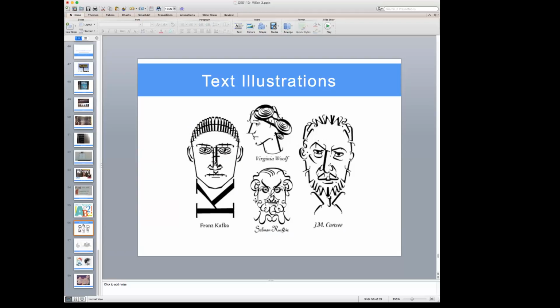Now you're going to be using the font that you chose to write about in your research paper from last week, and you're going to be using that same font. So for example, if you chose to write on Helvetica or Didot, you will want to take that font and create a portrait out of it. It can be a portrait of you. It can be anything you want. It just has to be a face.